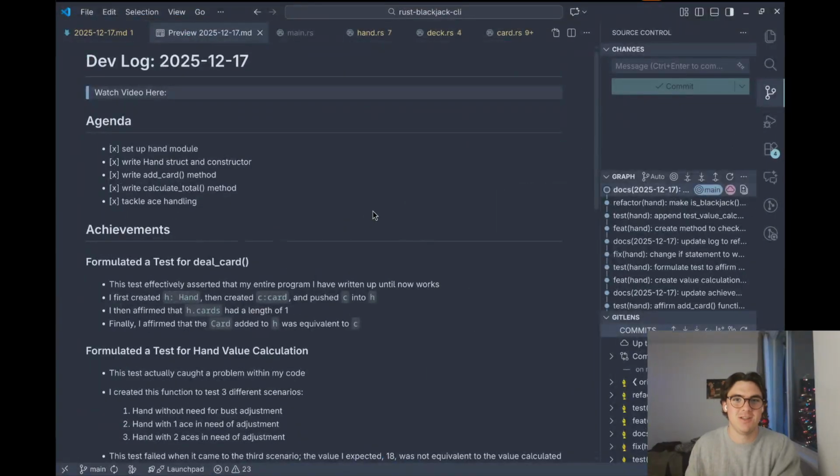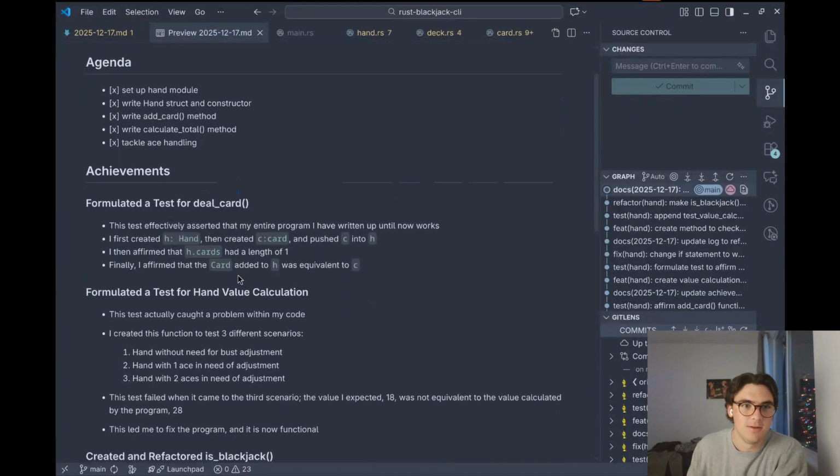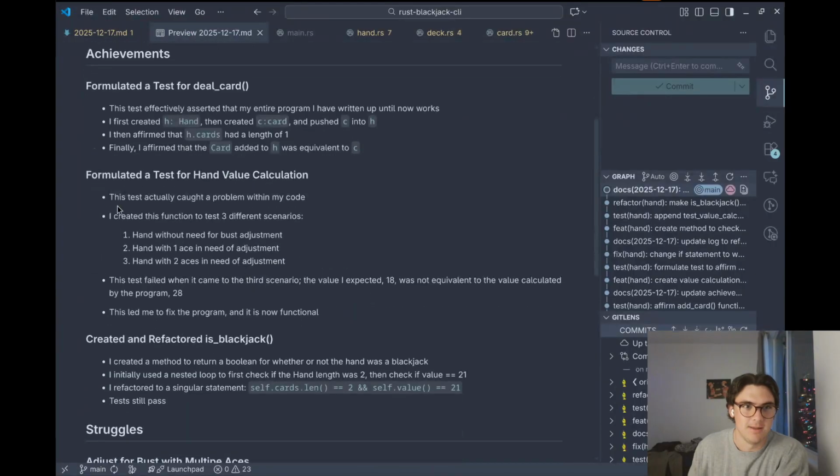Today I finished the hand module. So here's what I planned on doing this morning. Basically just doing all the hand stuff. And yeah, one big thing today I did actually was I made this test and it actually caught a problem in